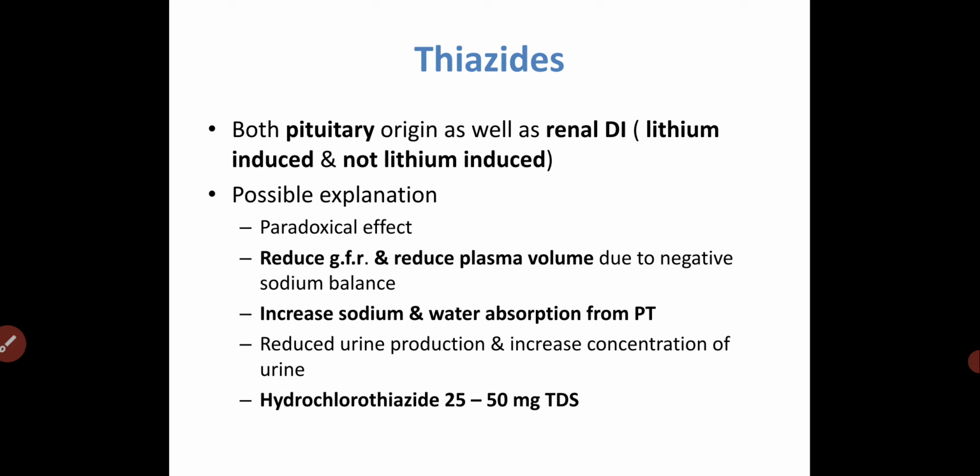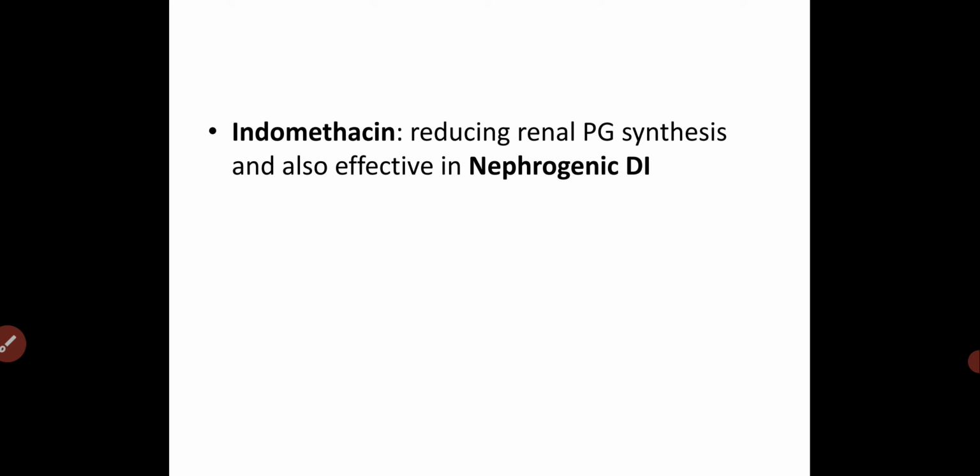And the drug which is more useful is hydrochlorothiazide, 25 to 50 milligram three times a day, as an antidiuretic. Indomethacin also reduces prostaglandin synthesis in the kidney, and it is also effective in nephrogenic diabetes insipidus, but no other non-steroidal anti-inflammatory drug is useful in nephrogenic diabetes insipidus. Only indomethacin, which reduces renal prostaglandin synthesis, is effective in nephrogenic